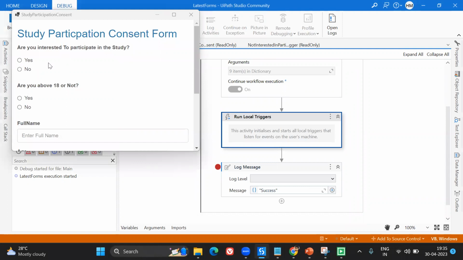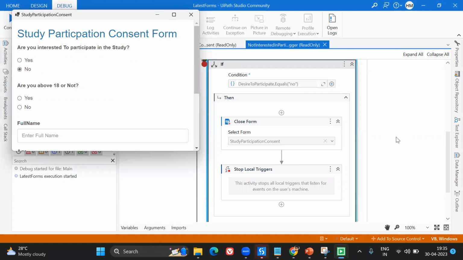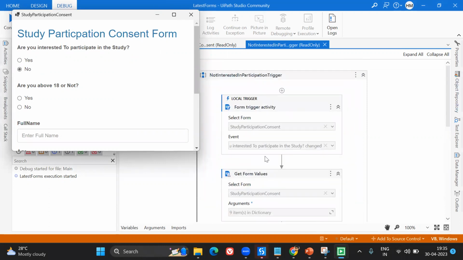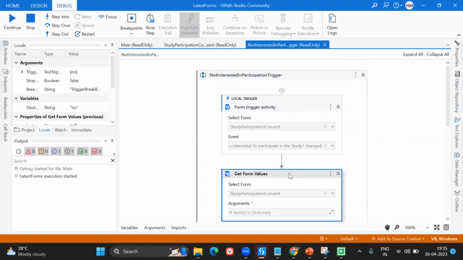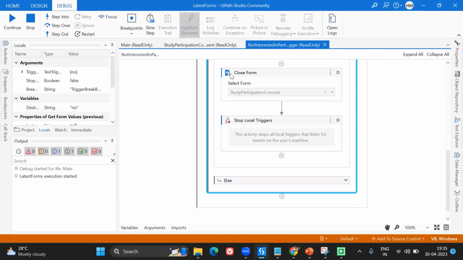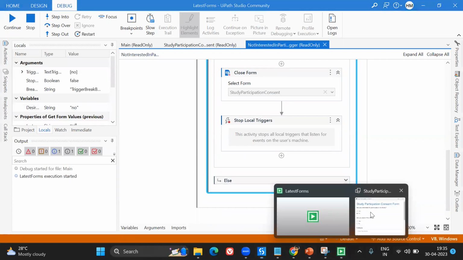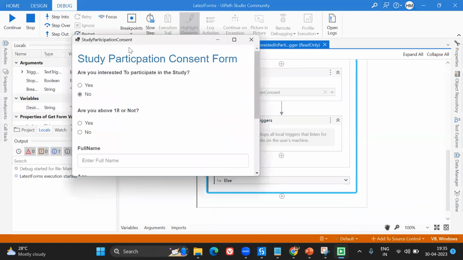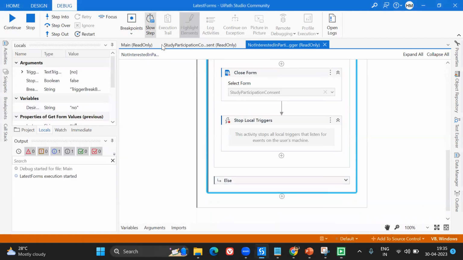We can see that the form has come up and I'm saying no. Once I say no, we can see that it has come into this particular workflow where this is triggered, and it has got the values from here. Now what is the value of desire to participate? It is no, right? So this is equal to no, and then it will close the form. Let's keep the form open and we will trigger the bot. Let's step into